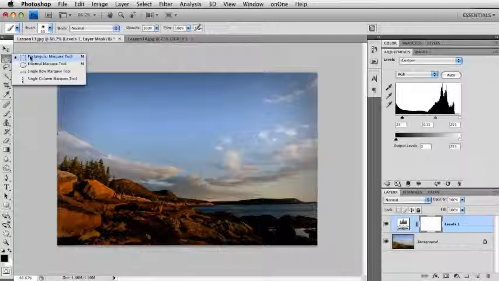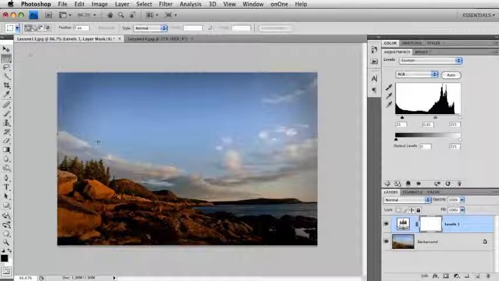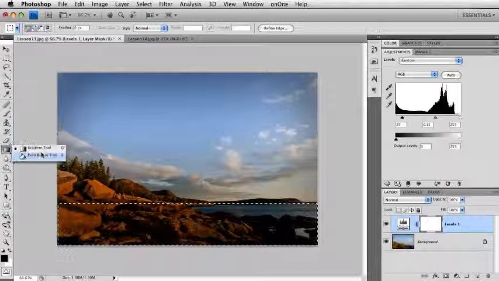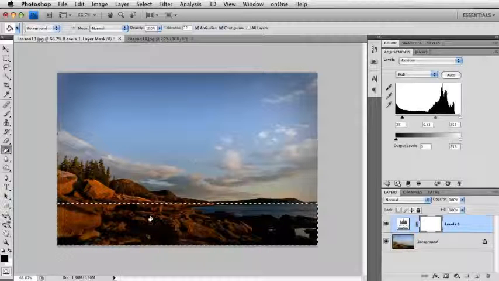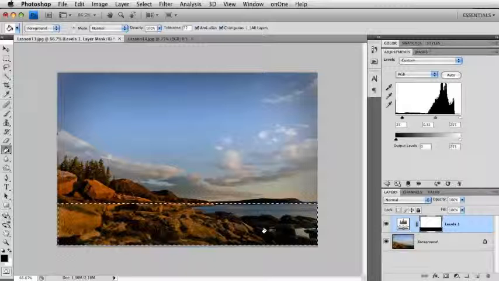I could come over here to my rectangular marquee tool and make a selection down here at the bottom, and I could just fill that with black. Just come over here to your toolbox, take your paint bucket tool, set your foreground color to black, and click, and I get kind of the same result. All right, it's not as smooth as the gradient was, but I did that to demonstrate to you